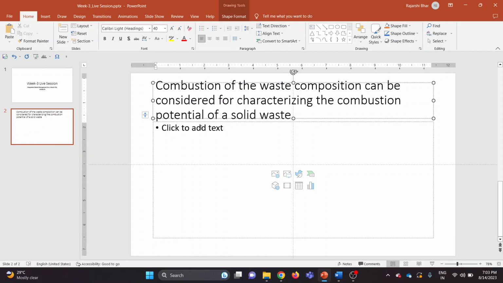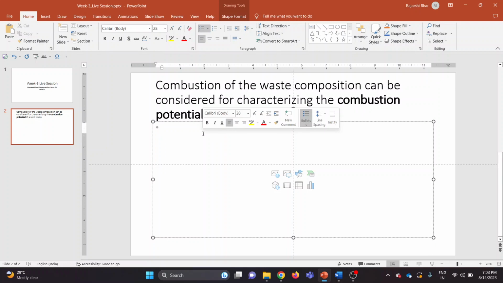The question is, which of the following combinations of the waste composition can be considered for characterizing the combustion potential of a solid waste? This combustion potential is the main target here, so I will just put it in bold. And your options are